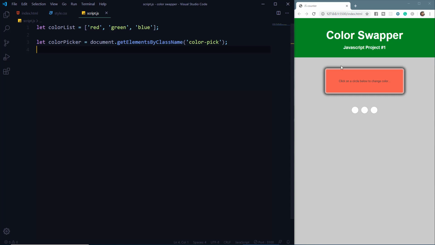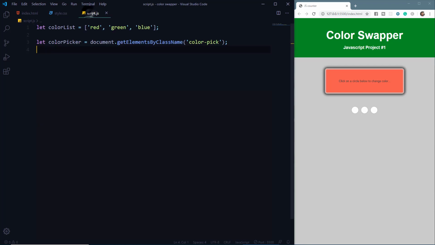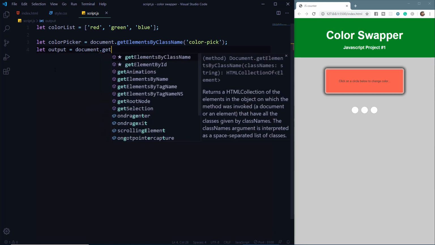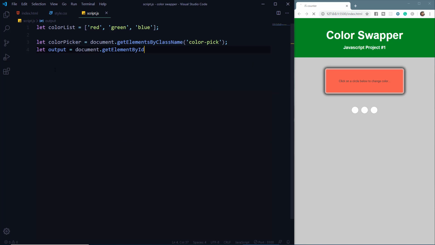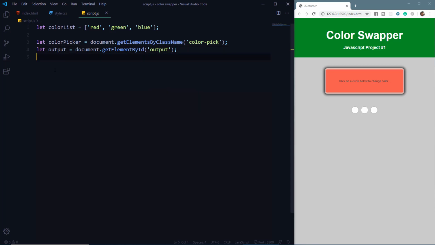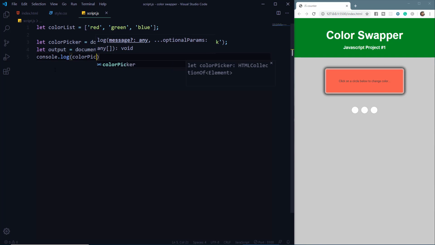Now we'll grab this div. This div has an ID of output, as you can see here. So let's say let output equal to document dot get element by ID, and we'll set its value equal to output. Okay, so now we have grabbed this div. Let's log it on the console and see whether we are doing it correctly or not. Whenever you are writing in JavaScript, always use console.log to keep checking whether you're going in the right direction or not. Like I do it that way.